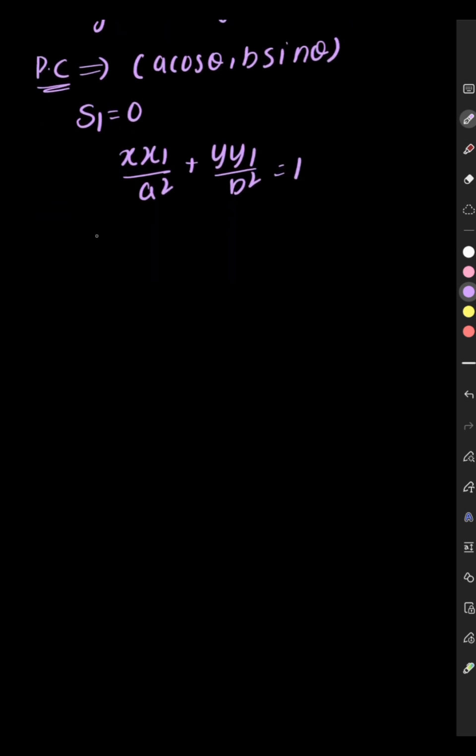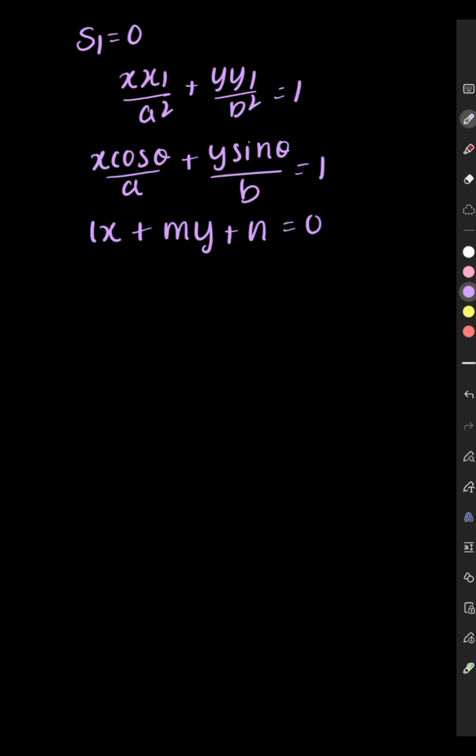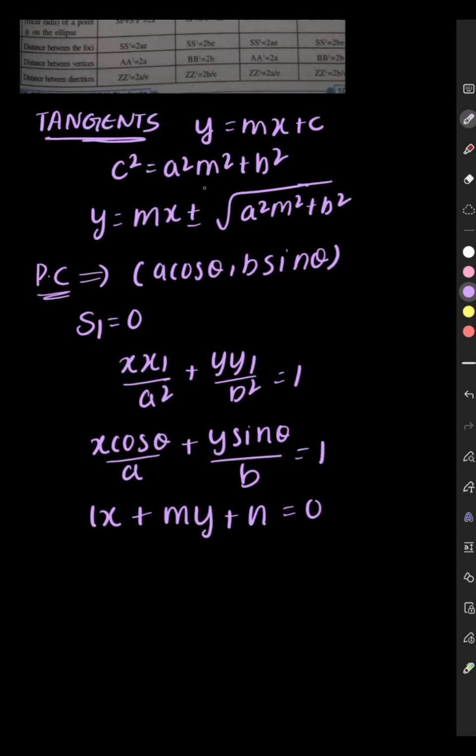Here substitute the points, you get x cos theta by a plus y sin theta by b equals 1. You can use the same to compare with another equation lx plus my plus n equals 0 to derive another form of the condition,